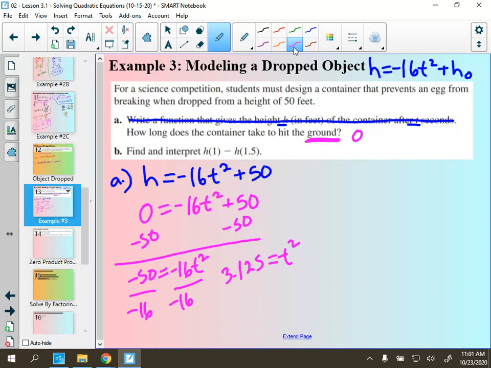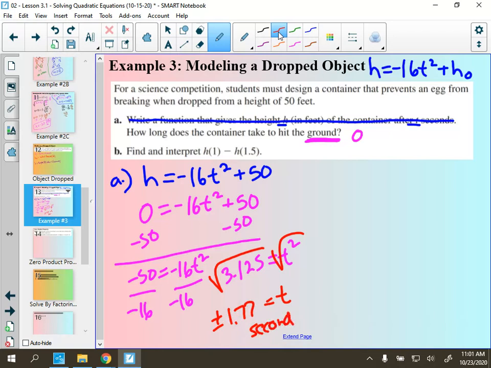So we all know that, hey, at this point, we're ready to square root both sides of the equation, and I'm going to get t equals. We'll set it up for now as plus or minus, just like we did on all our other ones. So it's the square root of 3.125. My calculator is saying 1.7677666953. So here's the point where, okay, let's round this maybe 1.77